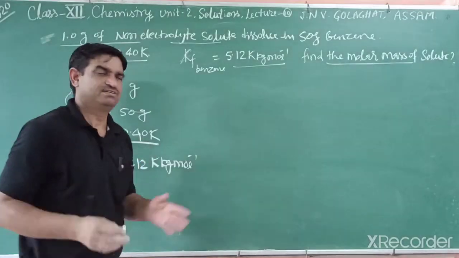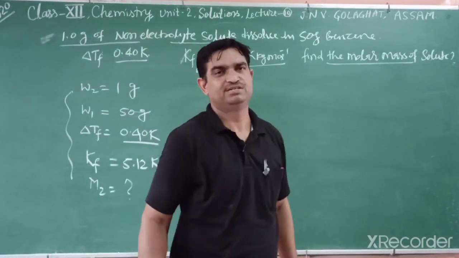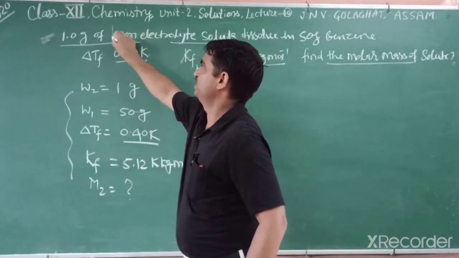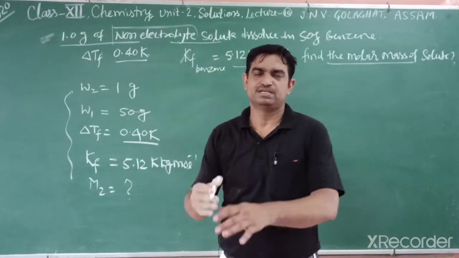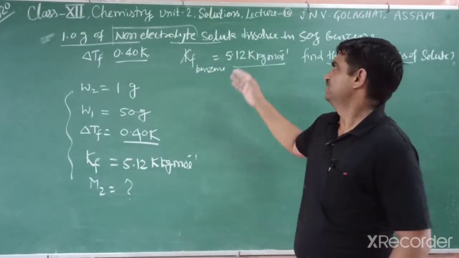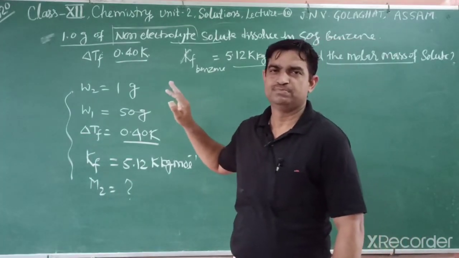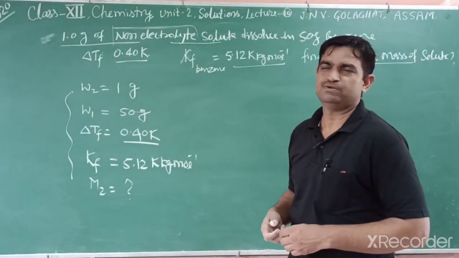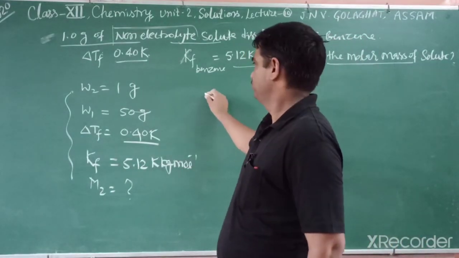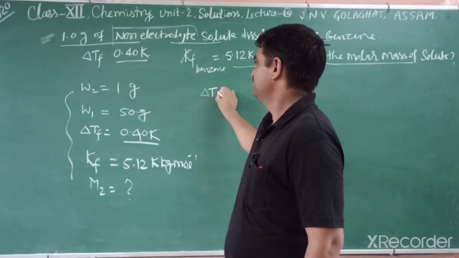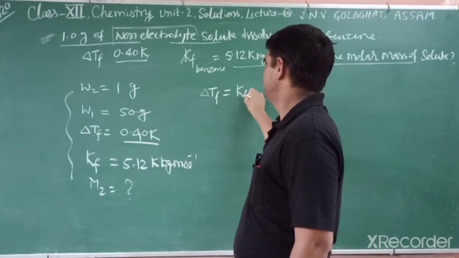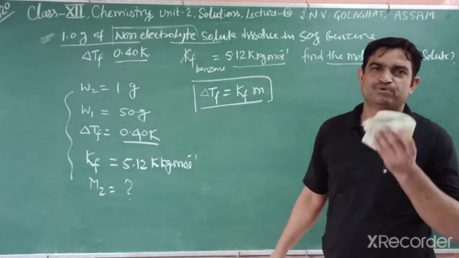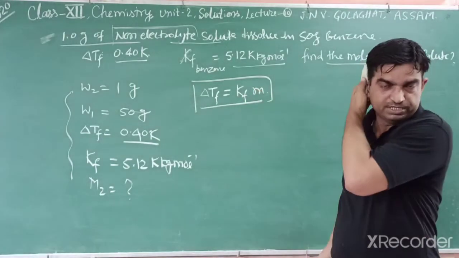So at first, in our mind, what is the correlation between the data? That formula depends on a colligative property. The other point is that the solute is non-electrolyte. This indicates the solute does not dissociate in benzene, it remains the same, with neither association nor dissociation. So we do not need the van't Hoff factor, and we write the direct formula: delta Tf is equal to Kf m. This is a known formula: depression of freezing point is directly proportional to molality.